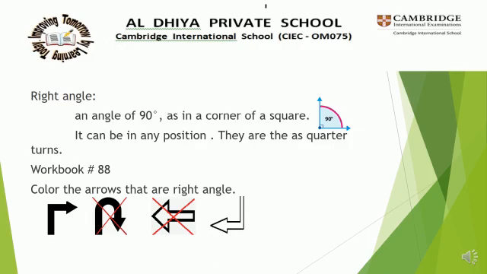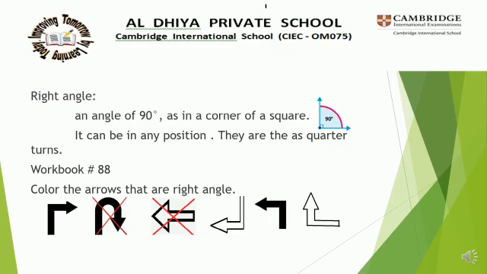The next one, see. This you can see easily. Okay. Here you can see the square corner. So you can color this with color pencil. And the next one, this also you can see here. This also rectangle. So you can color this one. And the next one, see here, the next image also right angle, because you can see the square corner shape.